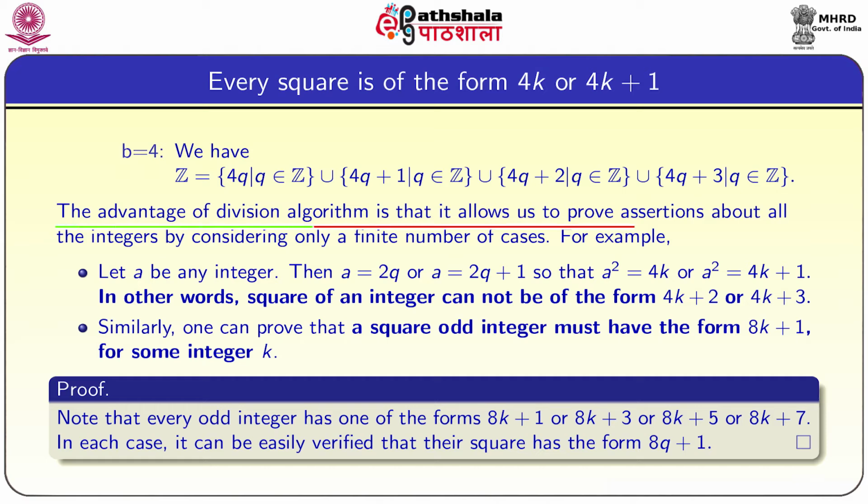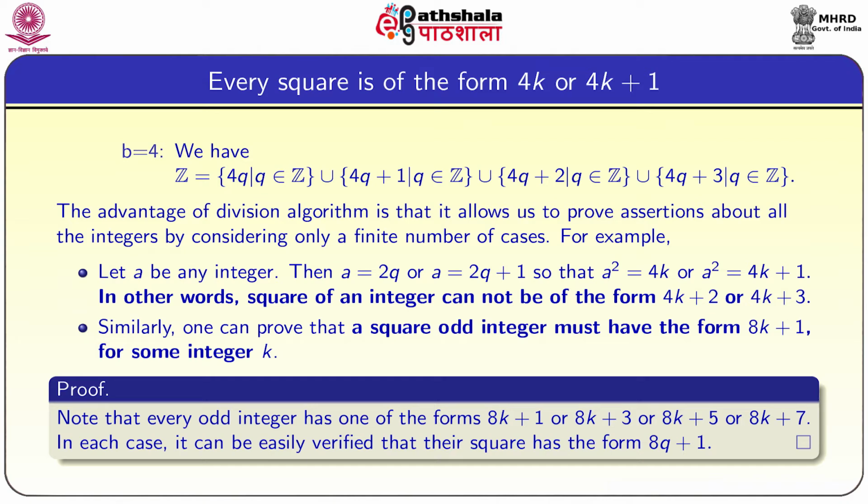The advantage of division algorithm is that it allows us to prove certain assertions about all integers by considering only a finite number of cases. So, there is no need to prove it for all the integers. Sometimes, if I give some conditions for the integers, they will come in one of those bags. Then we have to prove the result only for the elements in that particular bag. Bag means those which give the same remainder, or sometimes a combination of 2 bags. So, I will illustrate this with an example.